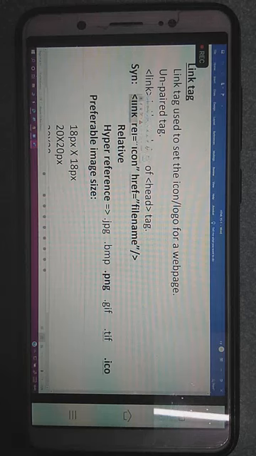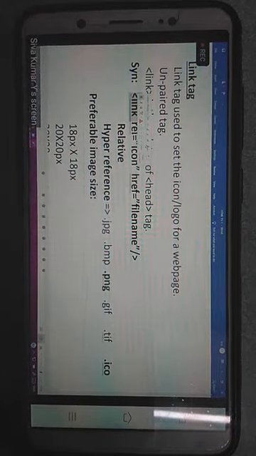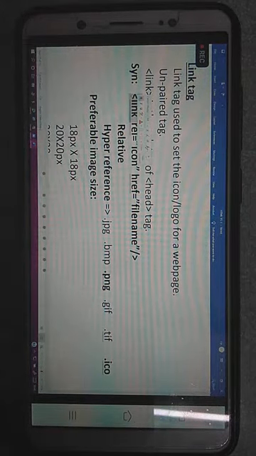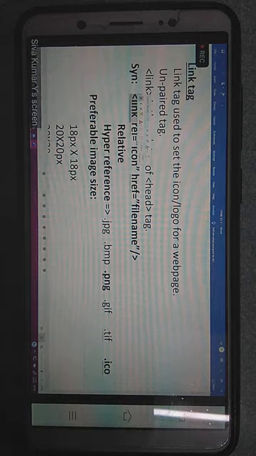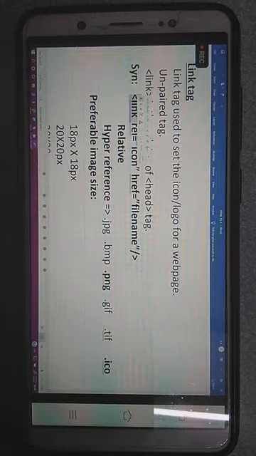Basically, we use the link tag for two to three purposes, sir. One is for setting the logos. Second, linking to external libraries. External libraries means external programs. For example, external CSS files are available and I want to link them, sir. Bootstrap files are available and I want to link them to my HTML program, sir. We basically use this link tag for that. It is a multi-purpose tag. The title tag is only for the title purpose. The paragraph tag is only for paragraph display. NBSP is only for space. That's all. But the link tag is for linking Bootstrap files, for linking CSS files,